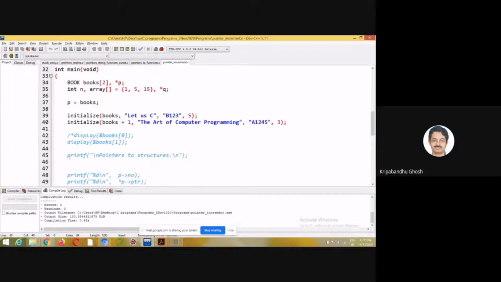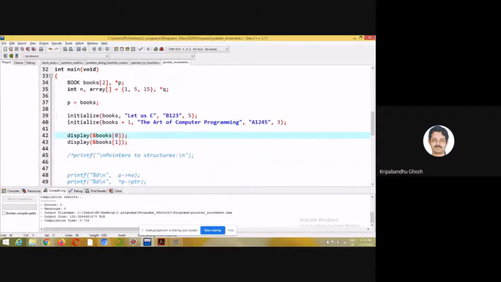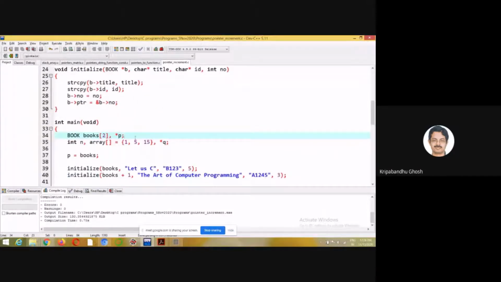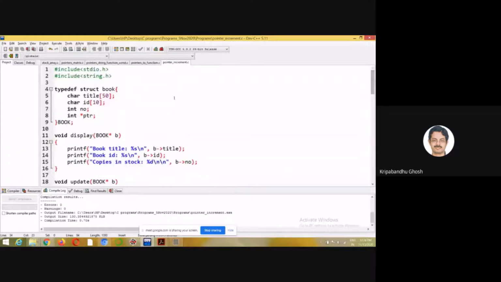Yeah. So here, this is akin to the example which I showed you before, which would be useful for your project.